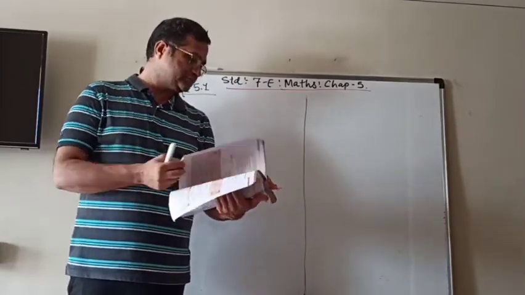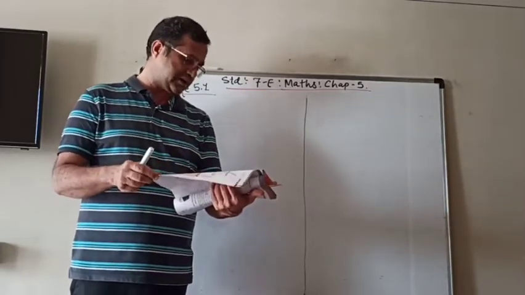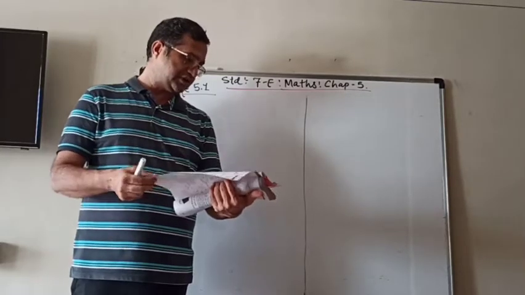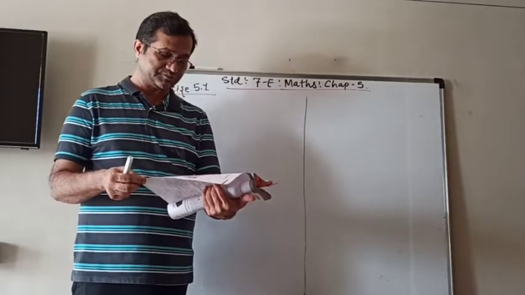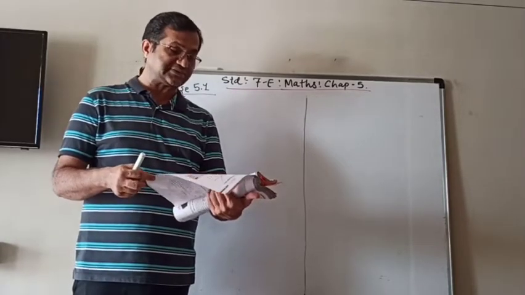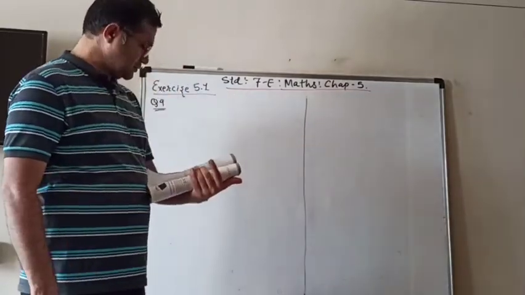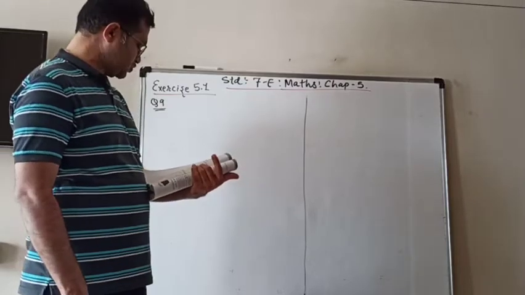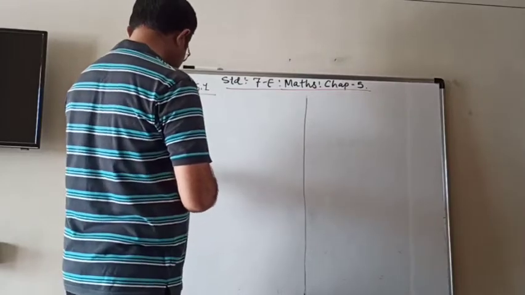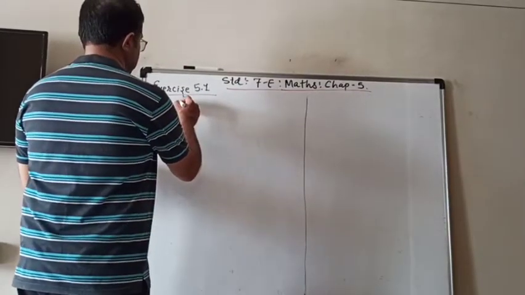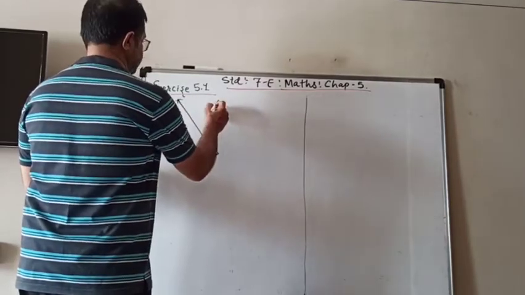In Maths chapter number 5, we learn about the different angles like adjacent angles, linear pair, vertically opposite angles, complementary, supplementary angles, and we also started exercise number 5.1. Question 1 to 8 we have finished. We came at question number 9, in which there is a figure and from the figure we have to give the answers.